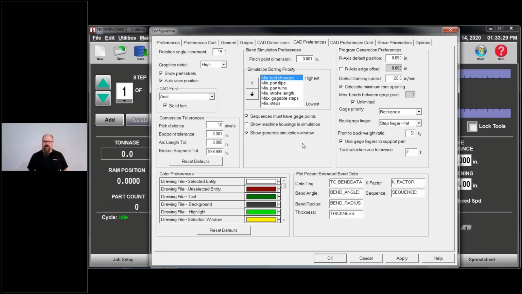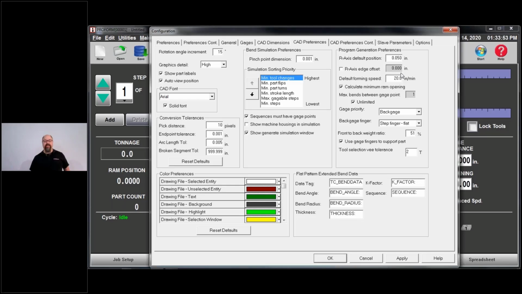We've already talked about the colors. Up on the right side, program generation preferences. Now, program generation, this is whether you're doing offline programming or you are programming at the actual machine. When you go in and hit create new program, you're going to actually see this R-axis default to 50 thousandths of an inch.